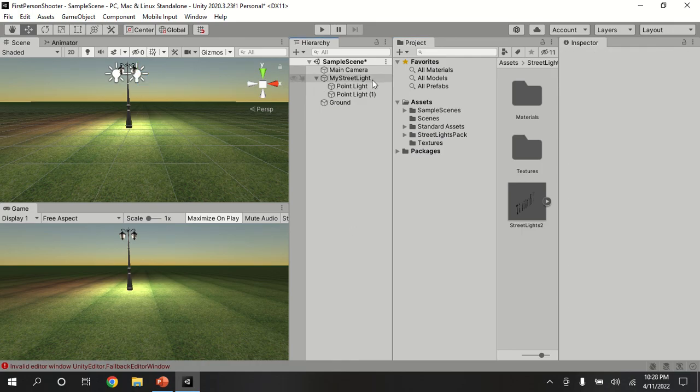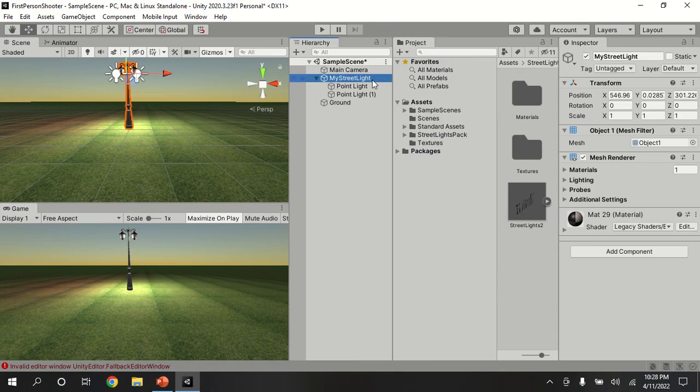अच्छा जी, यहाँ पे अब हम ये करते हैं कि हम इस स्ट्रीट लाइट को जो हमने अब खुद बनाई है, इसमें लाइट्स ऐड करने के बाद इसको प्रीफैब बना लेते हैं। प्रीफैब बनाने का ये फ़ायदा होता है कि जब हम एक से ज़्यादा स्ट्रीट लाइट्स या कोई भी गेम ऑब्जेक्ट जो प्रीफैब बना हुआ है वो एक से ज़्यादा मर्तबा अपने गेम में ऐड करेंगे और बाद में अगर हमें कोई चेंजेस करनी होंगी उस प्रीफैब में, तो हम डायरेक्टली एक दफ़ा उस प्रीफैब में चेंज करेंगे तो सब पे अप्लाई हो जाएगी, ठीक है।